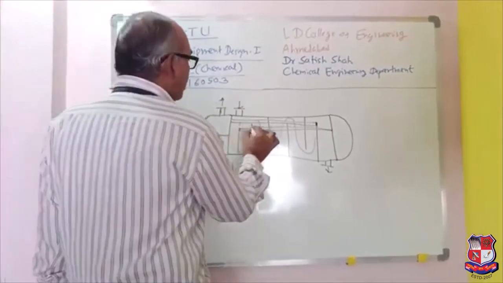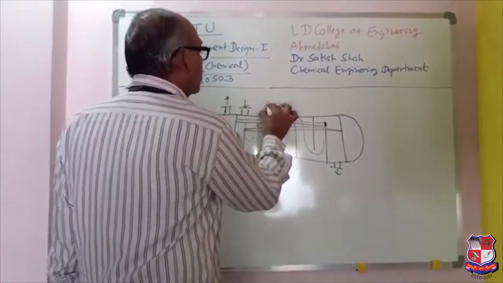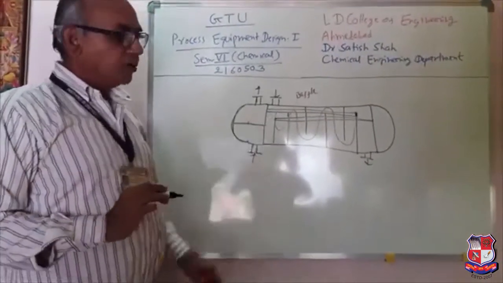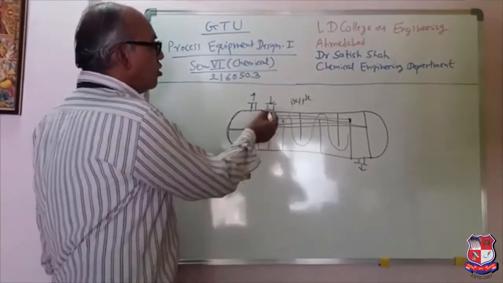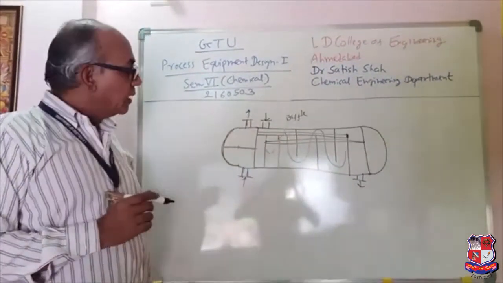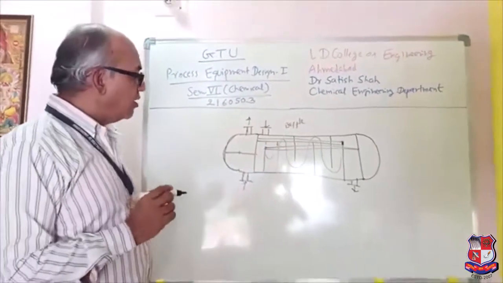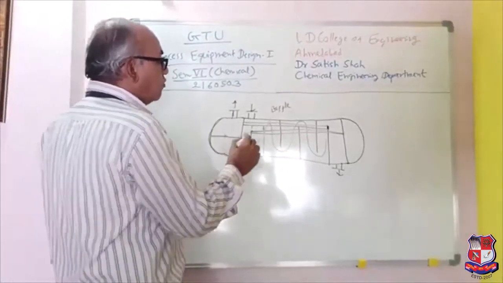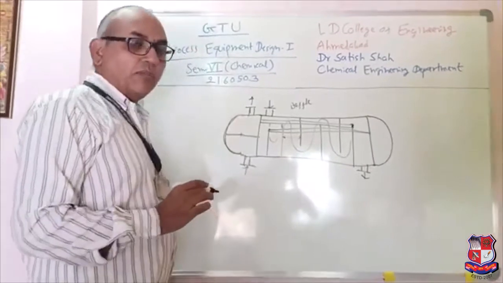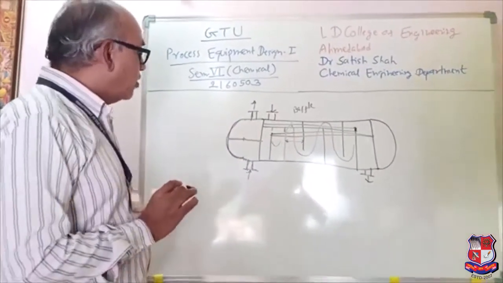Then we have the baffle. This is the baffle. What you see here, that is the baffle. Now here, what is the role of the baffle? See, the baffle will allow the fluid on the shell side to pass in a particular direction. Also, the baffle will support the tubes. So these are the 2 main benefits of the baffle. Now, as far as the baffle spacing is concerned, that will control the pressure drop on the shell side. That we'll see in later detail.